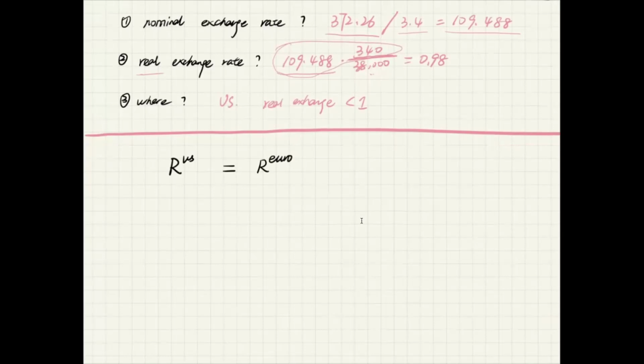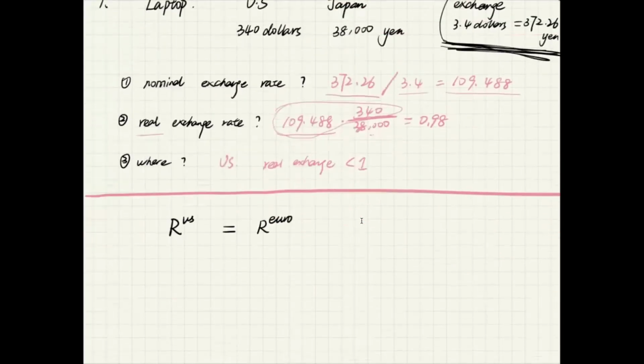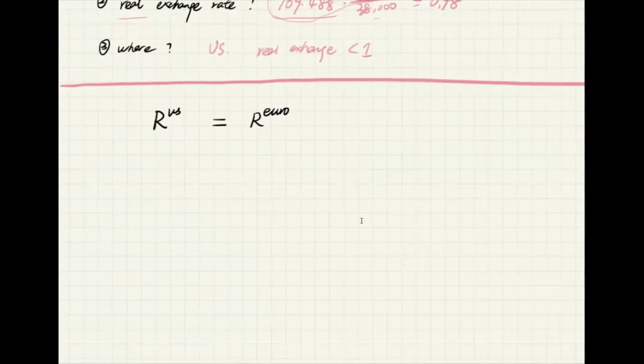Which means that the return of the US and the Europe is the same. And how can you know that? The US return is actually the deposit annual rate. Okay, annual return in the US. And this is the annual return in Europe, but if you want to consider the exchange rate,